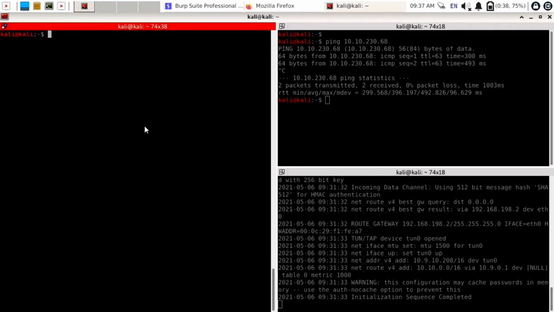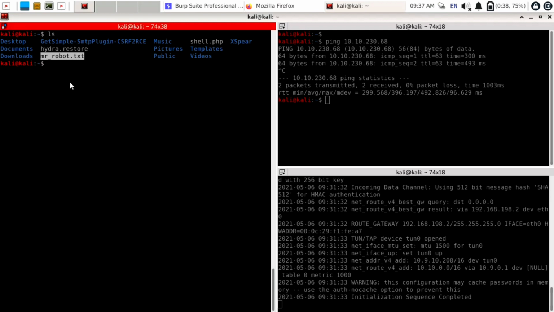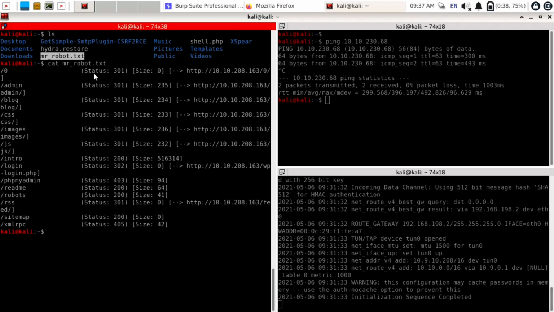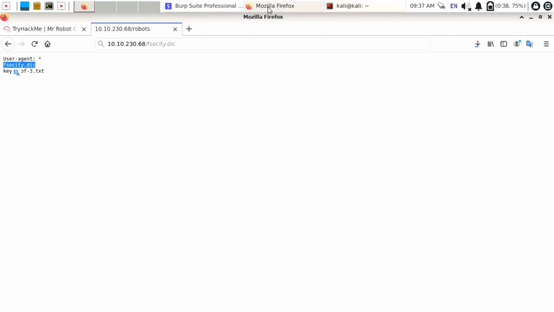Now just cat robots.txt, like we previously found, all the files present on our target URL. Just cat this. After displaying this, you can see there are multiple files and folders like admin path and login page. So its login page is redirecting to wp-login, which means this site is built on WordPress. Let's try to access this WordPress login page.